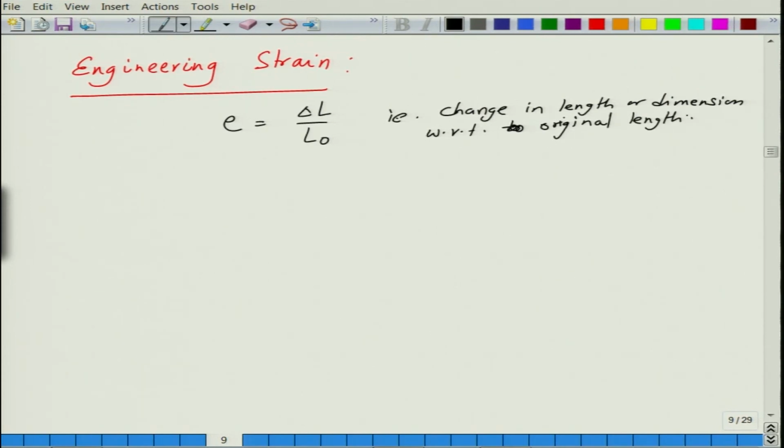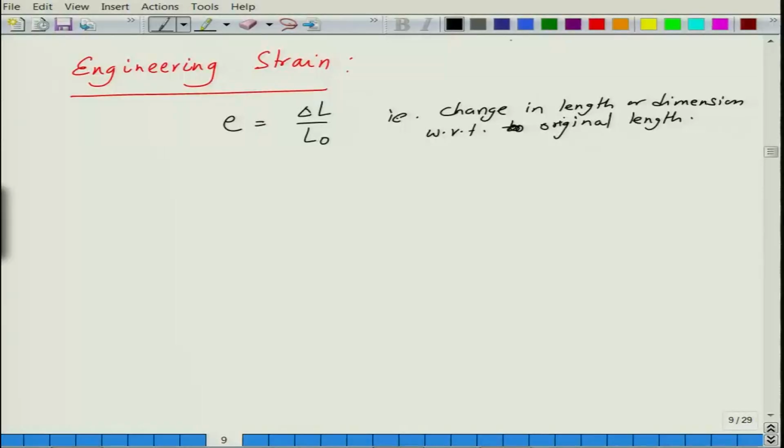The problem is engineering strain is not a very accurate measure of real strain in the material, and there are a few differences. So, at very small strains these two values correspond with respect to each other, but when the values increase to large strains, then there is a loss of correspondence between the two values, and the reason is true strain is the spontaneous true strain, natural strain which gets added, which is equal in both tension and compression, whereas engineering strain has problems with respect to addition as well as when you calculate them with respect to tension and compression, as we will see later.